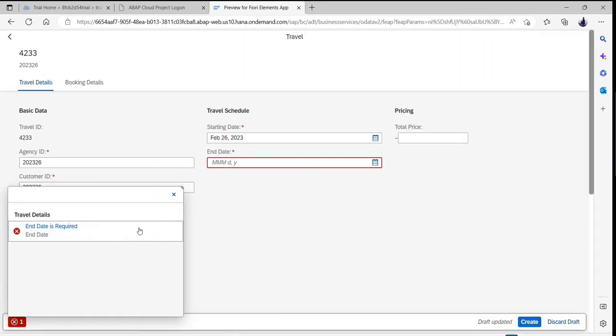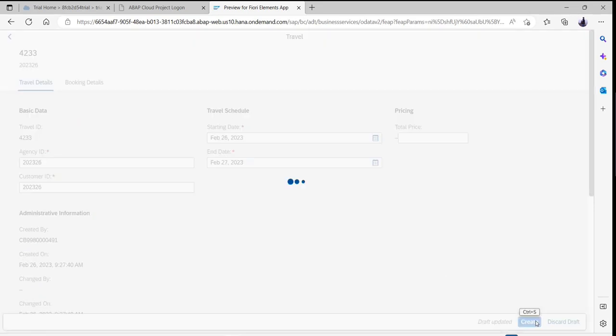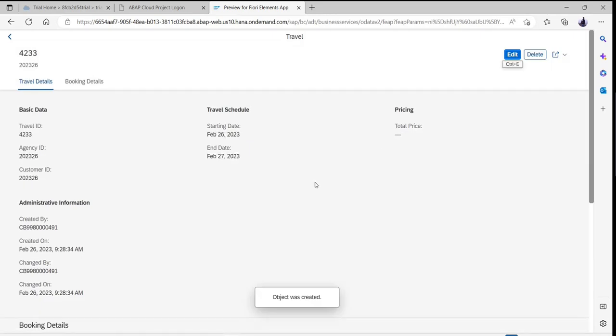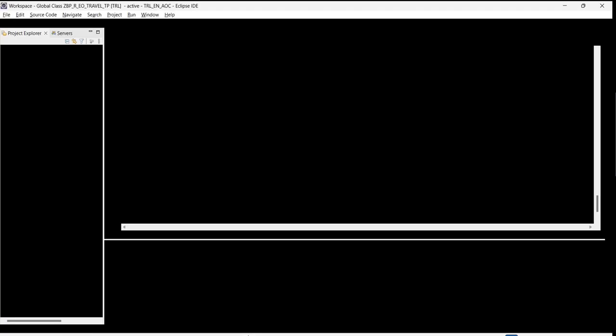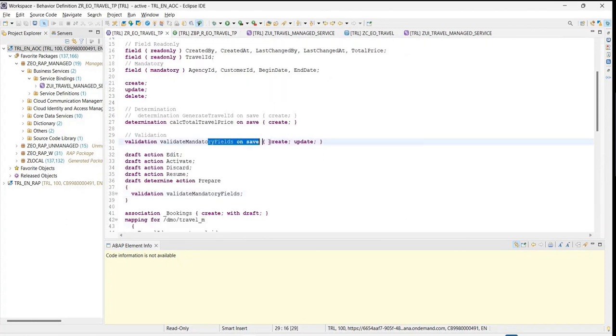Then you would see that still I won't be able to create this because the last field end date is still not having the required information, and only after I pass this particular information will this record get created. If you want to get this validated beforehand, you can press enter, and this would work thanks to the prepare action that we have specified. Okay. So in the behavior, you would see that definitely on top of the on save validation, we have already specified this in the draft determine